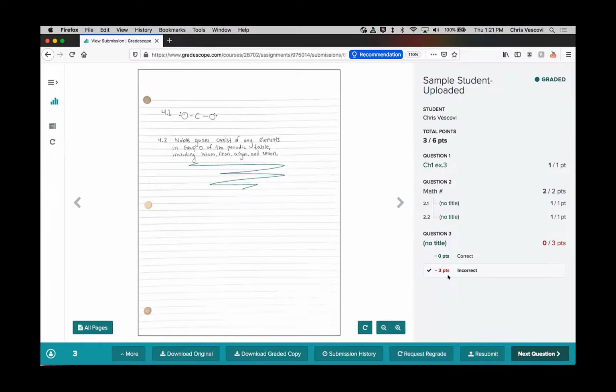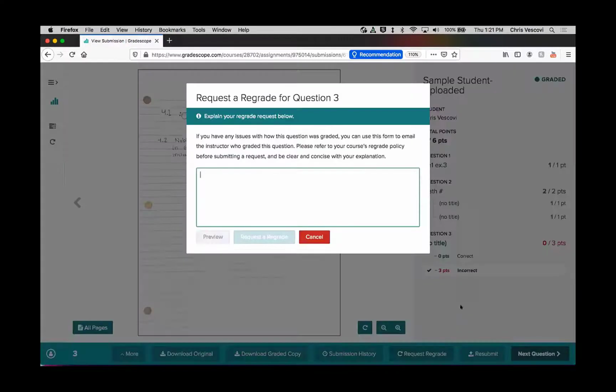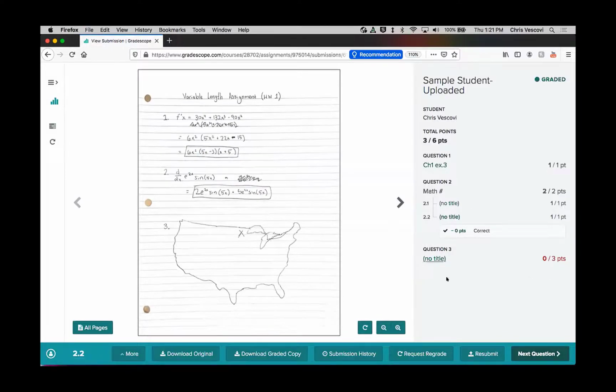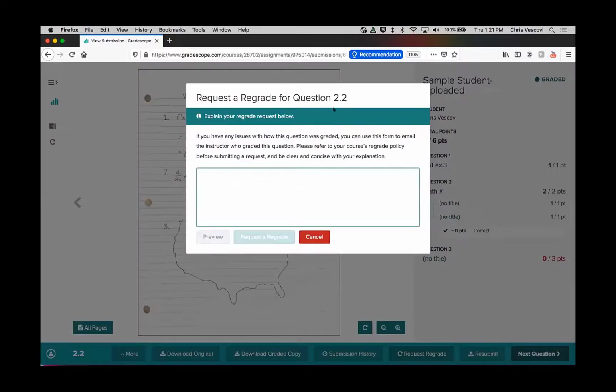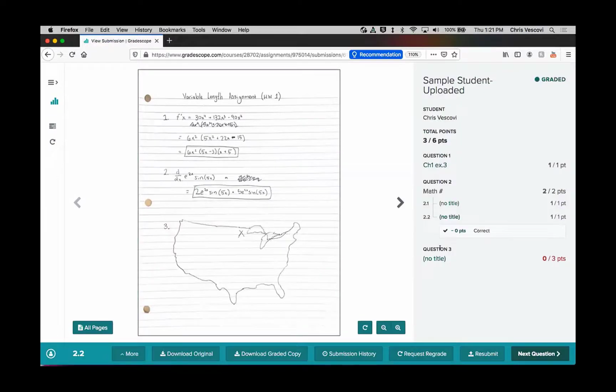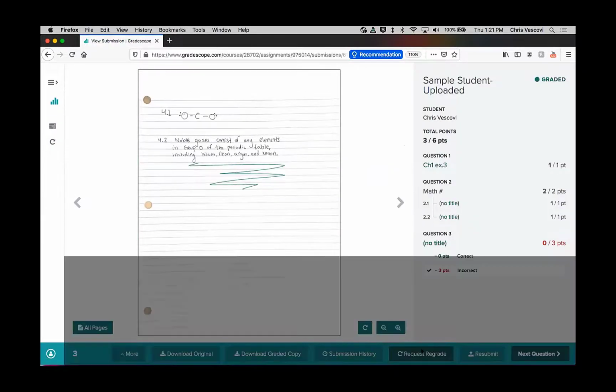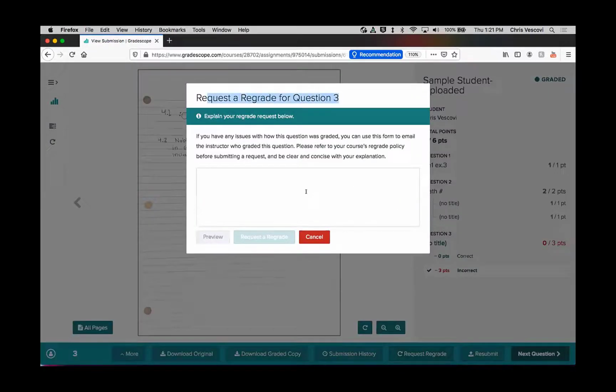Why did I get this wrong? Over here, I can see anything that the instructor has marked up the submission with. And now's when the regrade request might come in handy, if you've got that activated for students. So if I want to ask that my teacher take another look at this, I can click on Request Regrade. Actually, you'll notice it's specific to the question that the student currently has highlighted. So when I click on question 3 here, Request Regrade, request a regrade for question 3, I'll say, please take another look